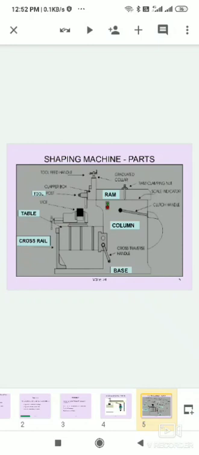The remaining parts are the cross traverse handle, clutch handle, scale indicator, ram clamping nut, graduated collar, tool feed handle, clapper box, tool post, vice, and in the column there is a red button and a green button.